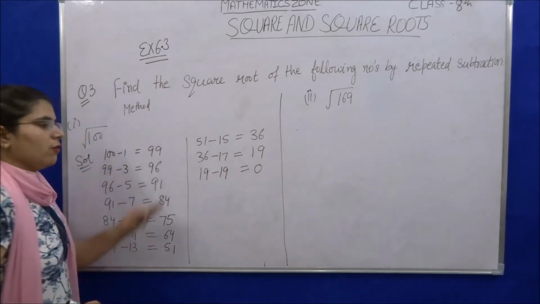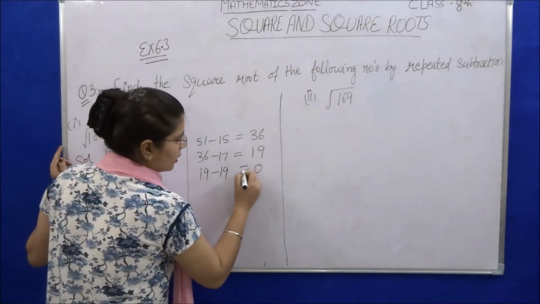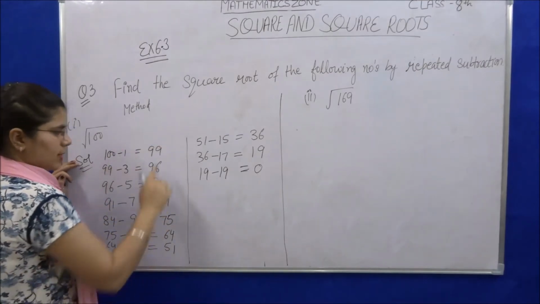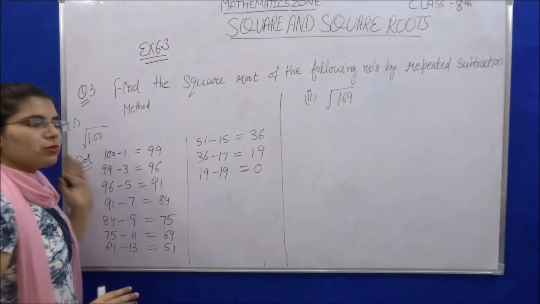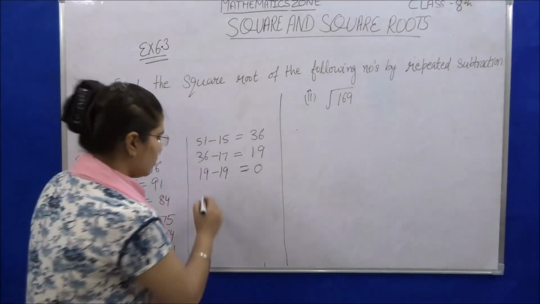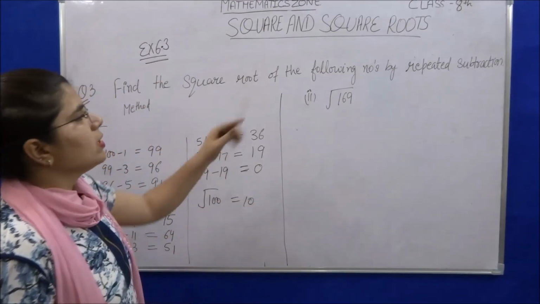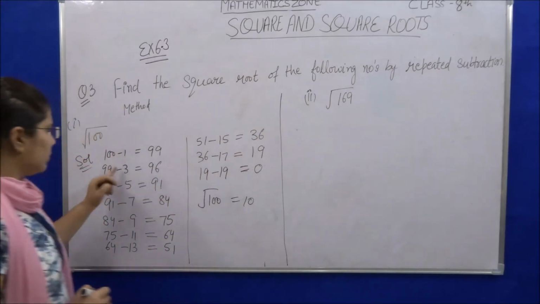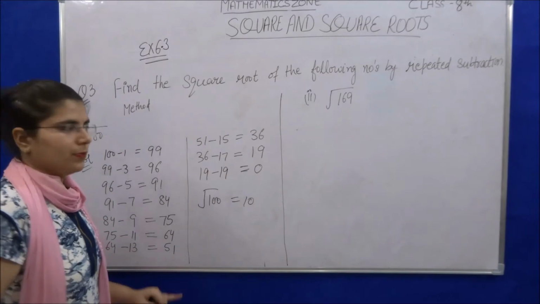So in this way we will be proceeding one by one step until we get the number 0 as answer. So here now we will calculate the number of steps. 1, 2, 3, 4, 5, 6, 7, 8, 9, 10. So by proceeding 10 steps we are reaching the 0. So under root of 100 will be 10. So this is a method of repeated subtraction by the consecutive odd numbers: 1, 3, 5, 7, 9, 11, 13, 15, 17 and 19.